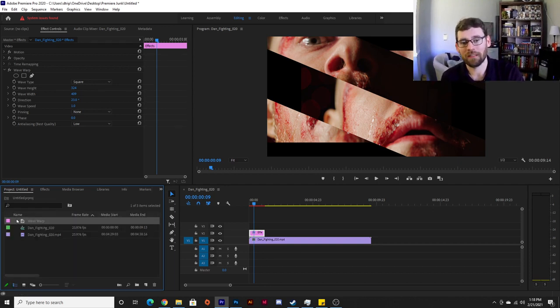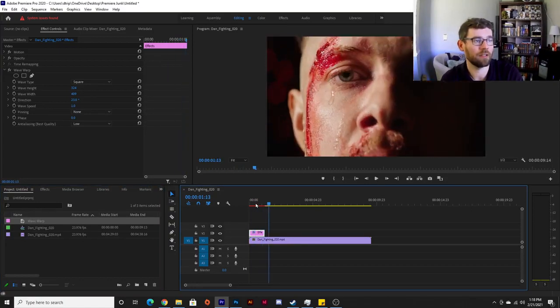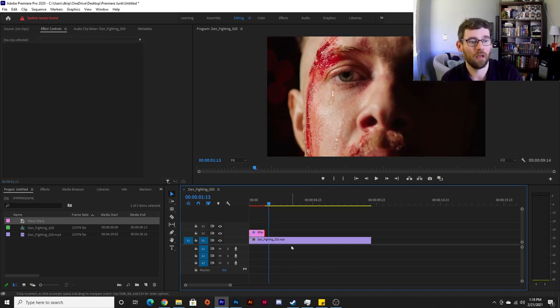If I go to my list view, I can see that it's a pink icon. You can see the little icon that goes with adjustment layers, and you'll be able to create multiples of these. Now, if I hit play here and I look, I'll see that that effect stops right where that adjustment stops. So I can add another transition to this